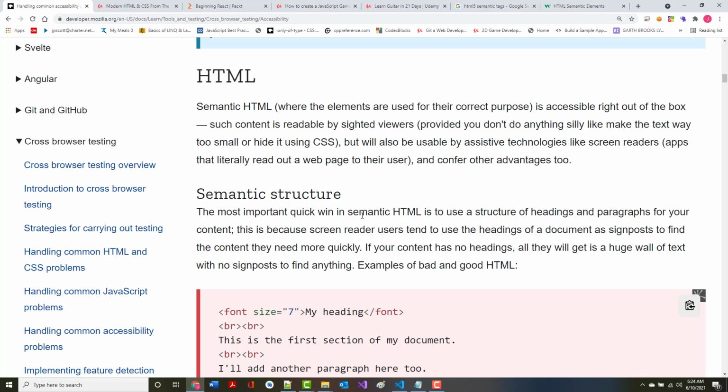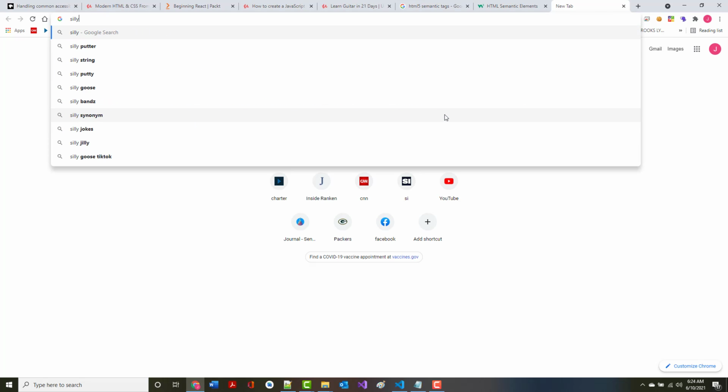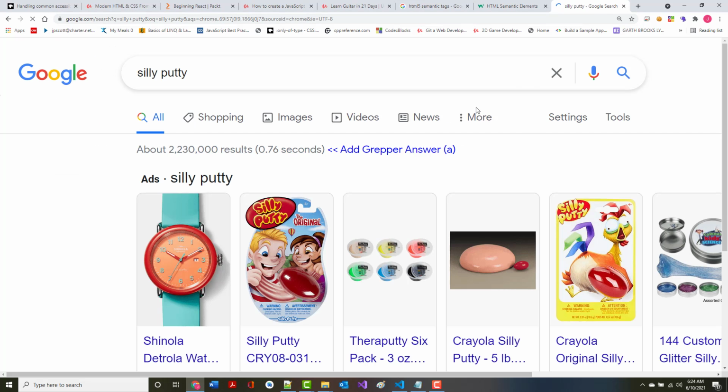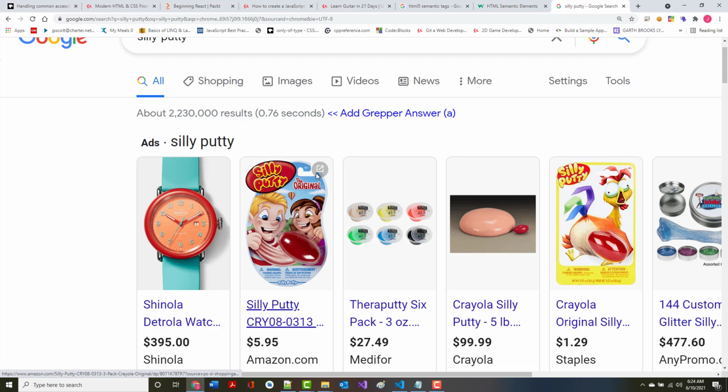All right, there are other tags. There are tags that are meant for a purpose, but that in the past did things like center text. And people used them not for the right purpose, but because they wanted their text centered. I go back to it. Maybe I've even talked about it in this series. I don't remember. But I always referred to it as the silly puttying of